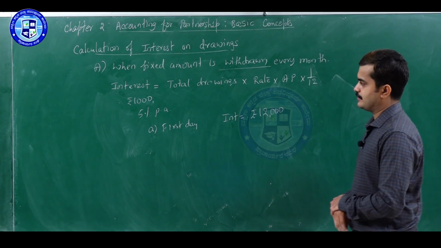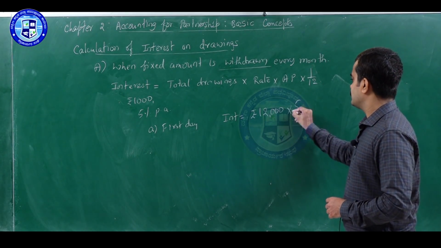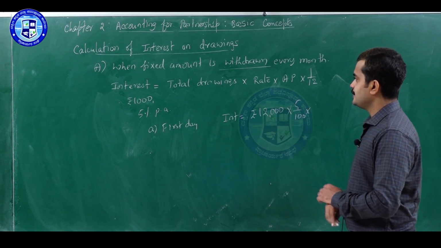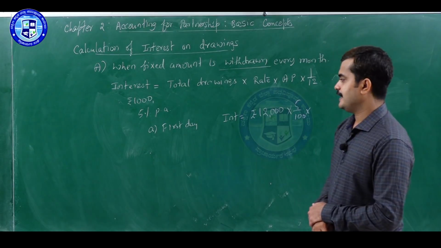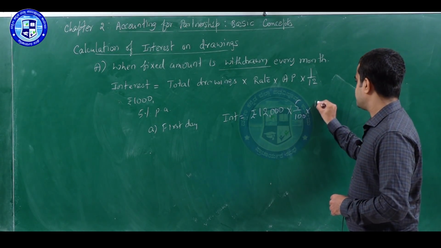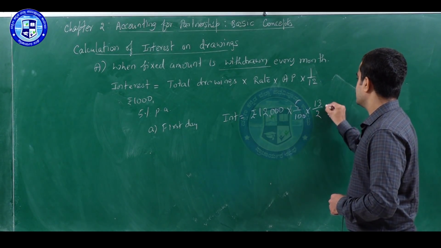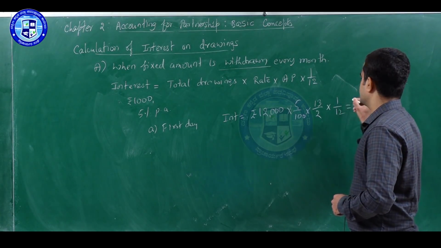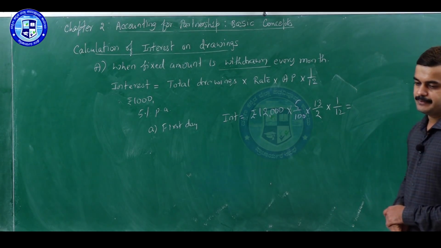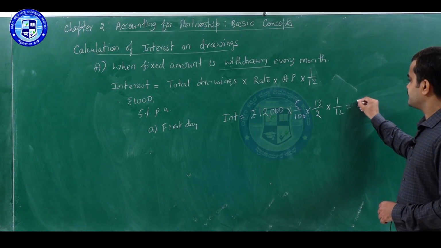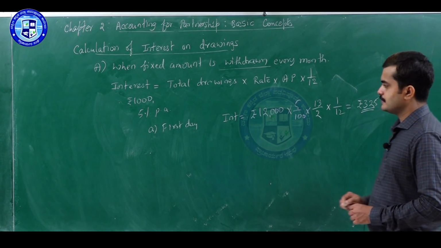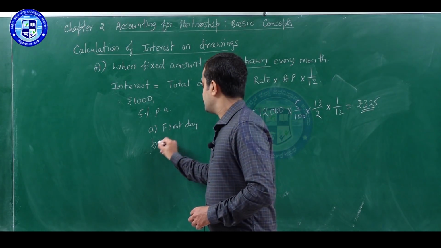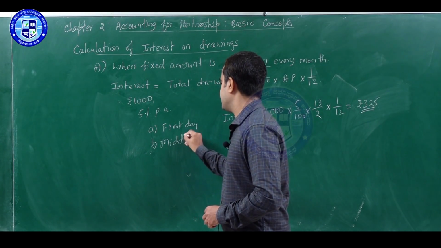So, total 12,000 into rate 5 by 100 into average period. When drawings are made on every first day, then we get average period as 13 by 2 into 1 by 12, and the answer will be rupees 325. So, if drawings are made in the middle of every month,